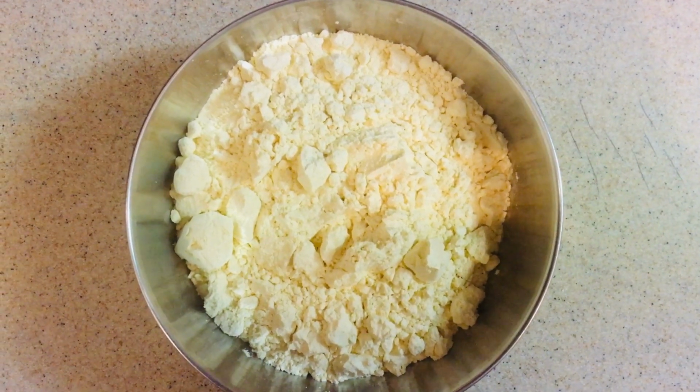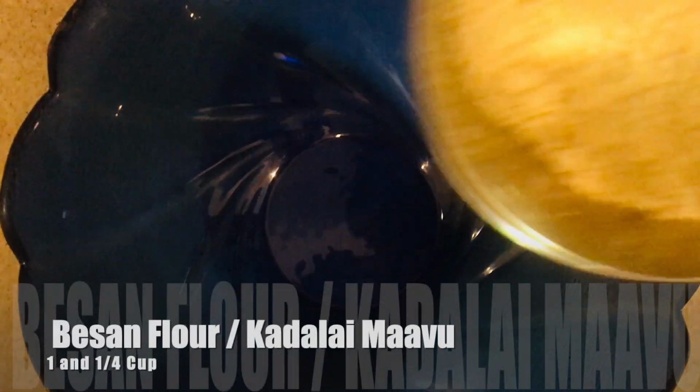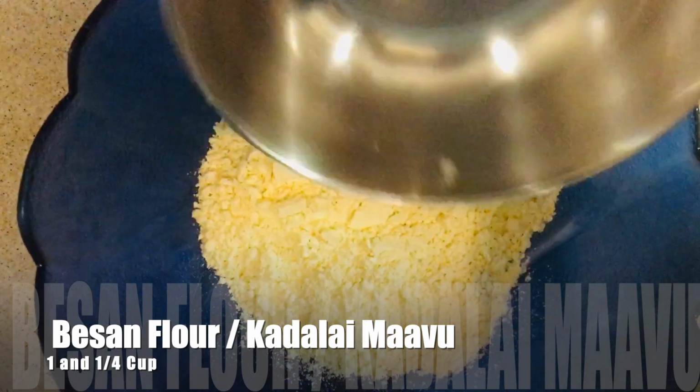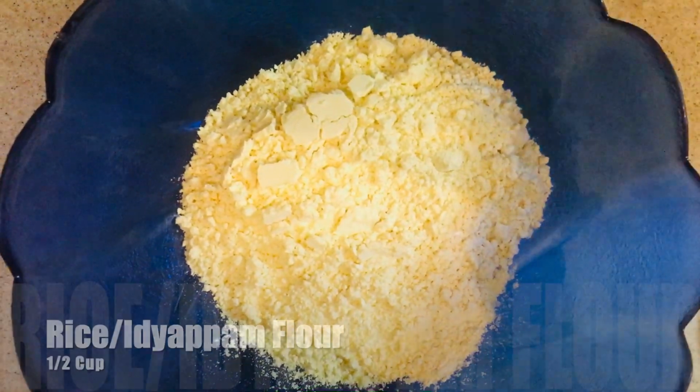Today I am making Karasev. It's a very easy and quick recipe. For that, take a mixing bowl, add 1 and 1/4 cup besan flour. In Tamil it's called kadalamavu. Half cup rice flour,